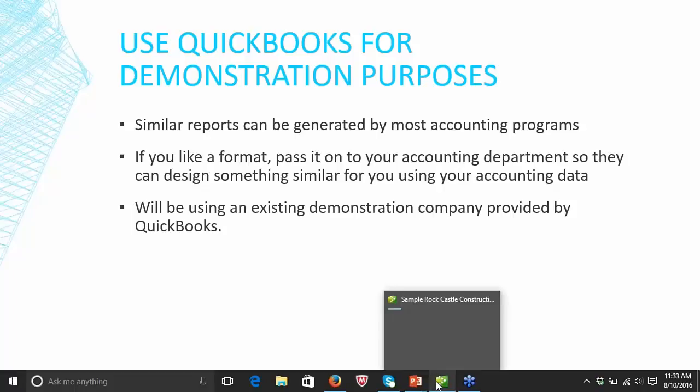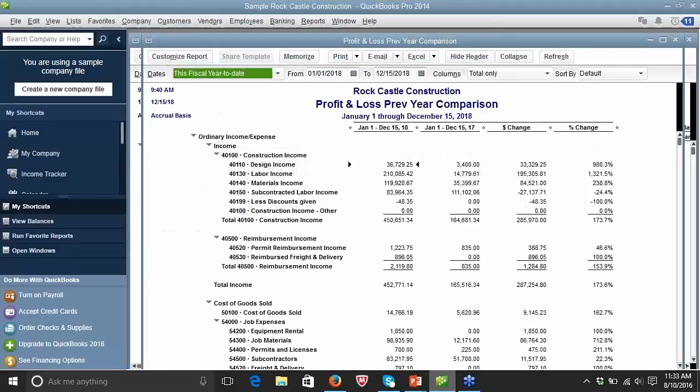Now I'm going to switch over to QuickBooks. And this is a product-based company. They also have similar companies for retail-based, a little bit different. But what you're seeing now on the screen is the profit and loss prior year comparison. And as you can see, this one is looking at 2018 to 2017. They can see from this report very quickly how the construction income has differed.